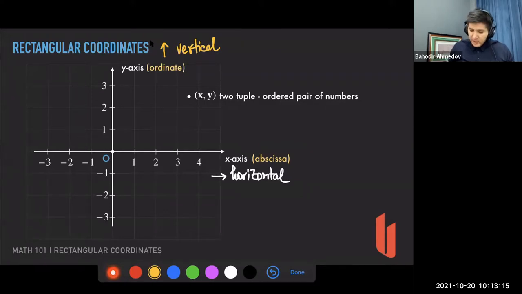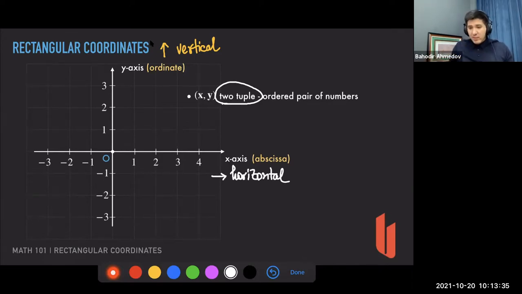Could you please write this down, the meaning of the two-tuple? The two-tuple is simply an ordered pair of numbers. It's two numbers which are written inside brackets with commas. Okay, and I would just like to give you some examples of what it means, an ordered pair of